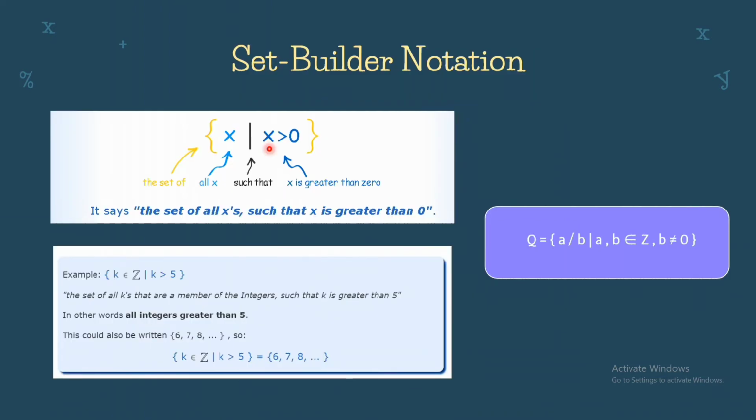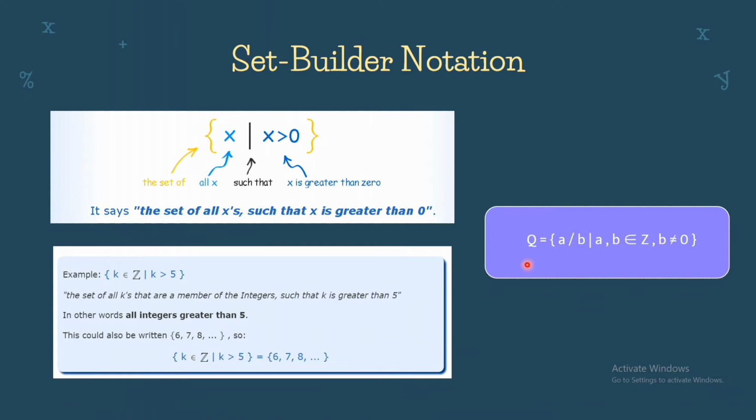A set is a collection of things, usually numbers, right? But we can also build a set by describing what is in it, and that is called a set builder notation. So we have an example here. It says the set of all x such that, the vertical line is read as such that, x is greater than 0. So x here is a placeholder, so you can change this into other letters like A, B, C, depende sa inyo. And then, next example we have,